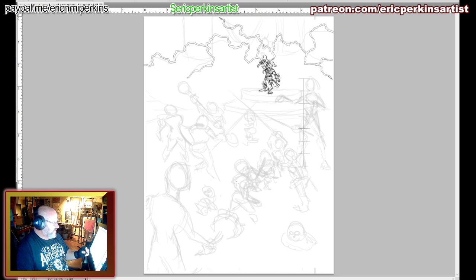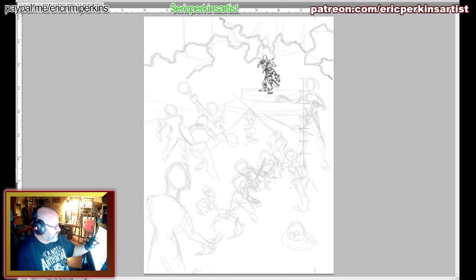So I'm thinking I might have him shooting one over this way. This is going to be a skeleton that's coming up out of the ground, and maybe another one out here. So maybe we don't even want to have him really